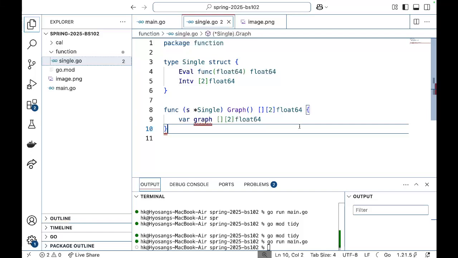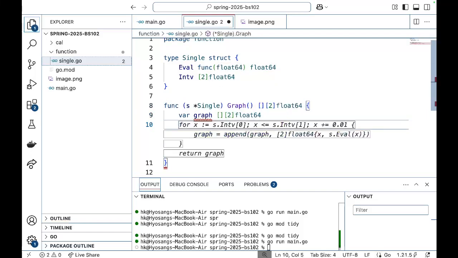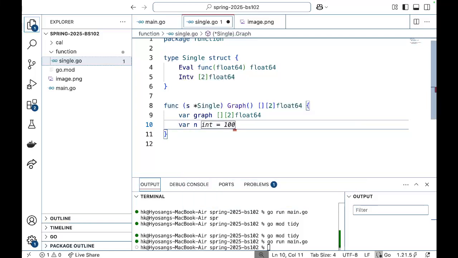So the first thing is to split my interval. So how do you split? I'm going to split into equidistant subintervals. So let me choose the number of splitting as n, and in most cases n 100 is more than enough. So I'm going to set n to be